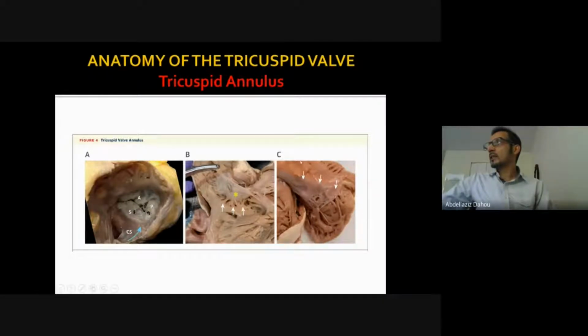On the right side, in image C, we can see the leaflet of the tricuspid valve and the transition between the left atrium and the left ventricle. Here we have the largest papillary muscle, so this is most likely the anterior leaflet. And if you touch the